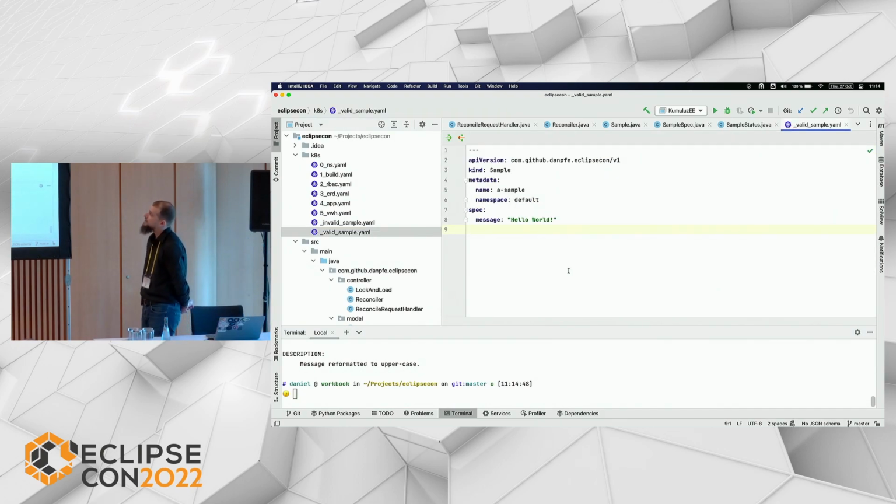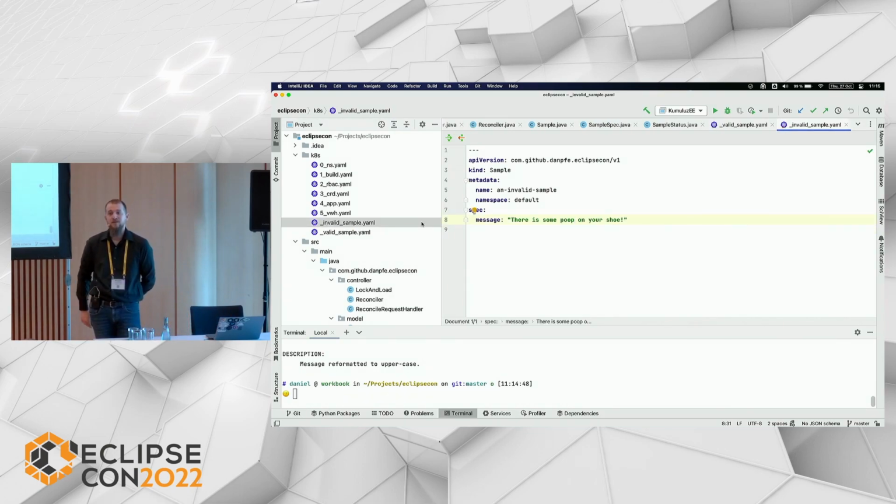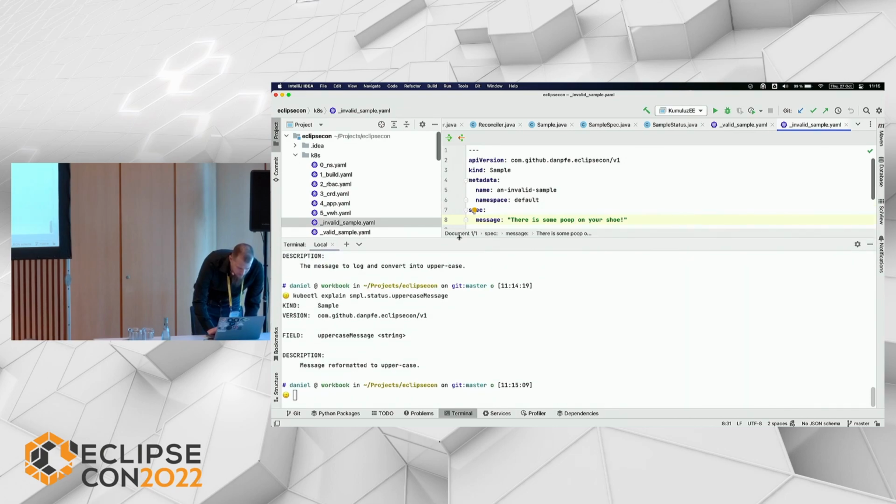We have the sample that will be stored as hello world and hopefully uppercased also. And we have an invalid sample, which the validation webhook should reject. So let's try this with kubectl.